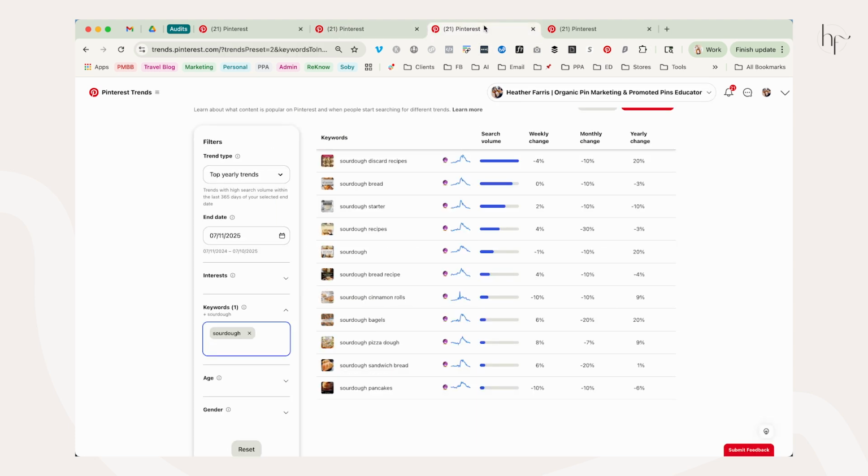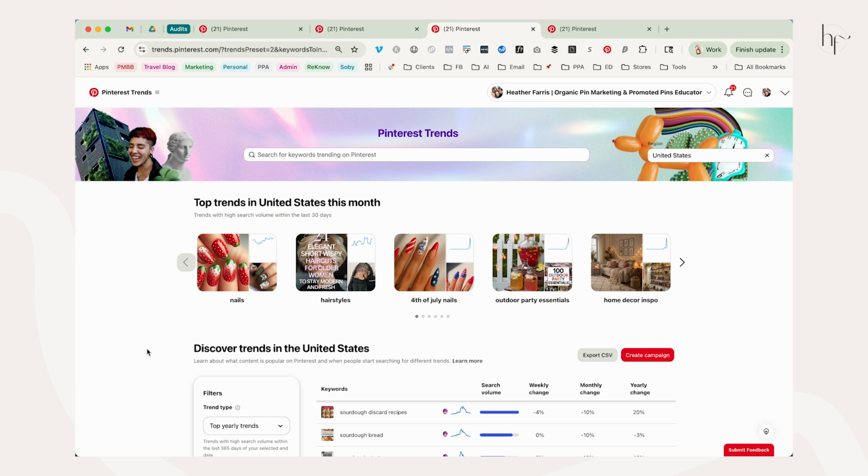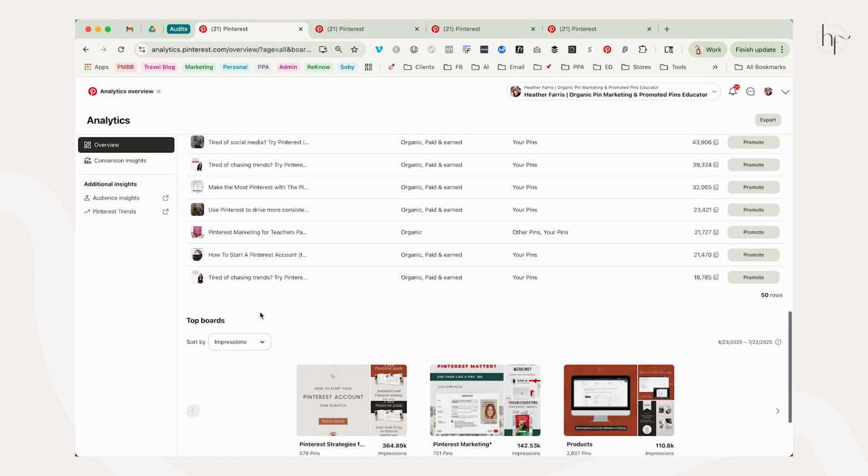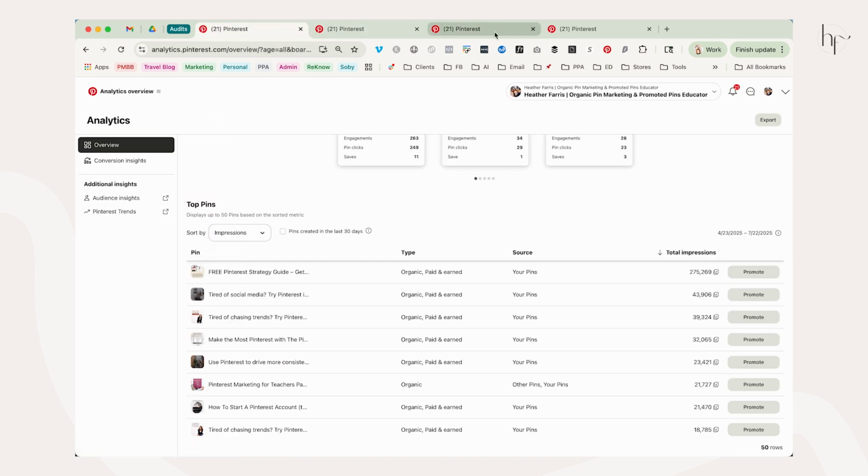Then I want you to open Pinterest trends, and come down into the trends report to this table, this variation of the trends tool, and start plugging in your keywords that were in the top pins and the top boards report.